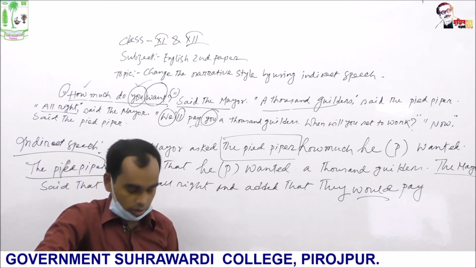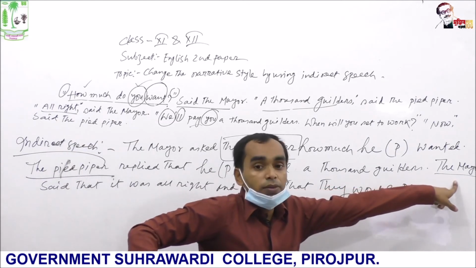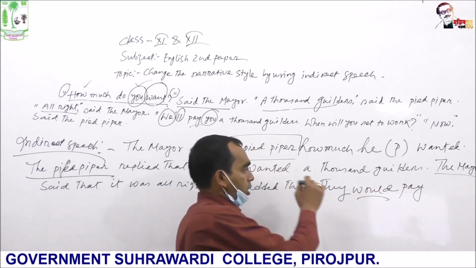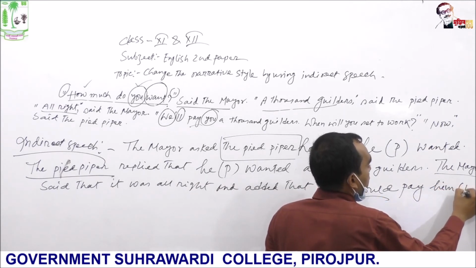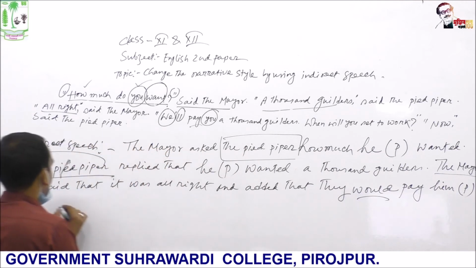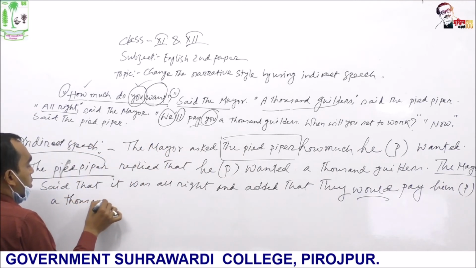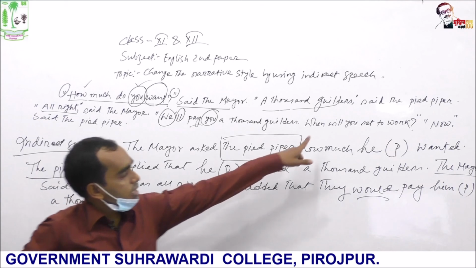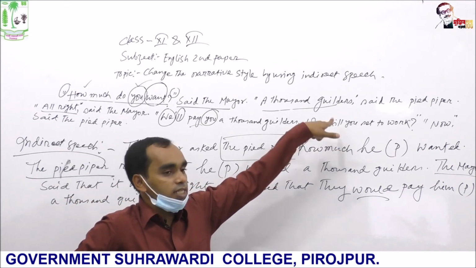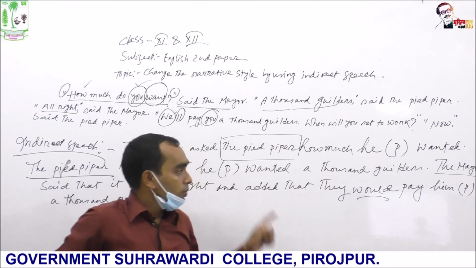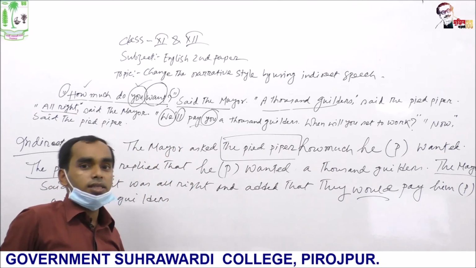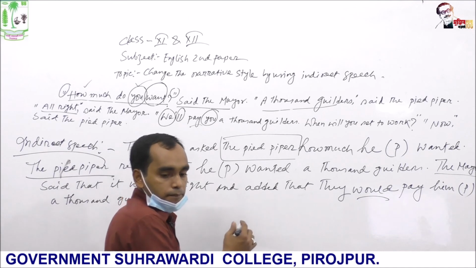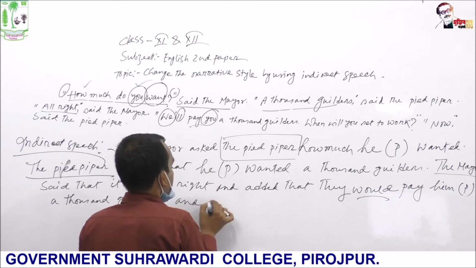Here the subject is the mayor, so who will be the object? The piper will be the object. So we can write they would pay him, in brackets P, 1,000 guilders. And there is another sentence, and this sentence has been uttered by the same speaker, the mayor. So we can add this sentence with and also